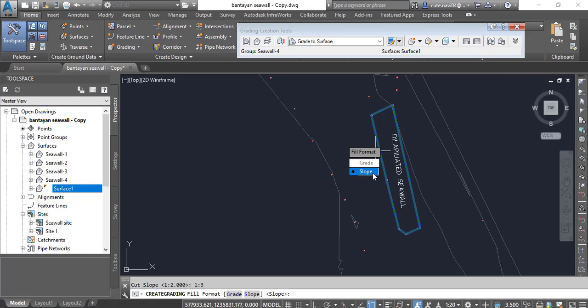It can be different with heights. For example, for a height of 1 meter, it will be 1 and 2, for 1 and 3, sorry, and for a height of 2 meters or after some 5 meters, then it can be 1 and 2, and more than 10 meters can be 1 and 1, something like that. So you need to select slope here 1 and 3 also, press enter,